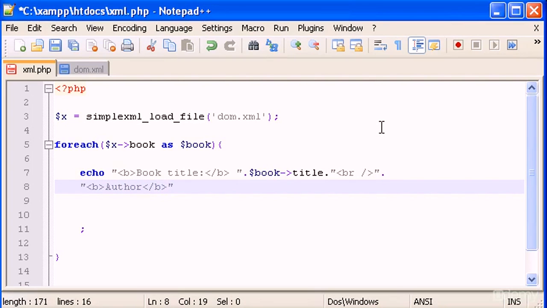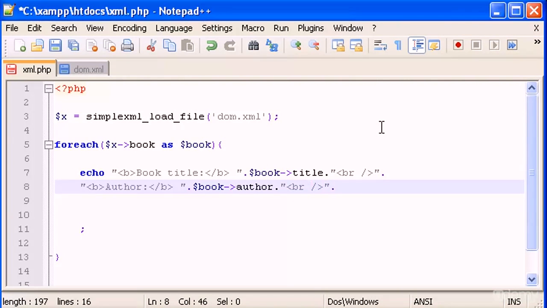Let's close B. And let's give it a space there. Type dot book author. Sorry, author. And concatenate and BR